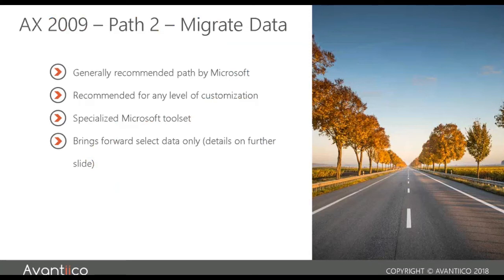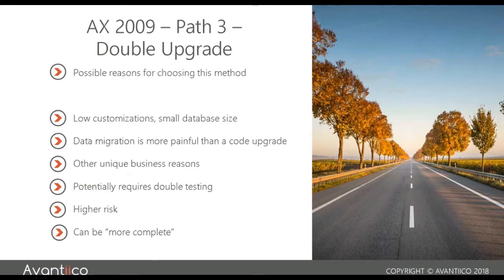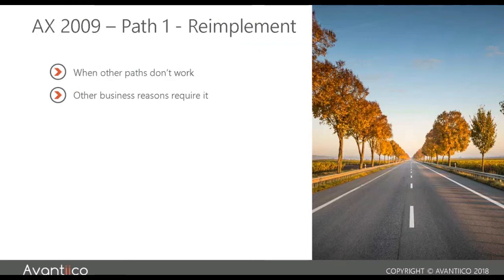So yes, it's possible. If you're on 2009, again, it's only for the data, and there's a tool which I will show you later, and you bring over select data only using a tool stack. We could do the double upgrade. That's a significant undertaking. Again, if the upgrade script fails, where is it, in 2009 to 2012, or is it 2012 to 365? But it is possible. Of course, you can re-implement as well. So maybe you want to just start with a clean instance of 365, use the data management framework in 365 to bring over the data you need. And there is a comprehensive tool set and entity list to help you do that.